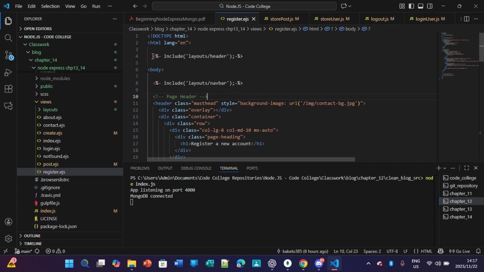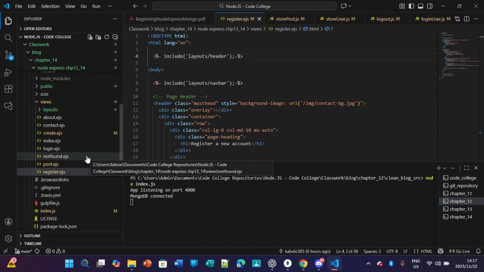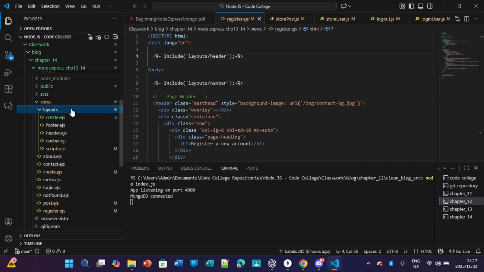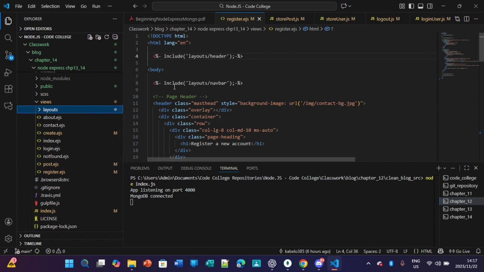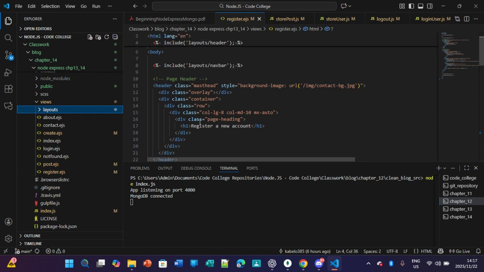Obviously, this has been redacted, so we add a placeholder just to connect it to the rest of the redacted stuff that was once here but has been placed somewhere else, mainly being the layouts path. So layouts header, then include layouts nav bar and page header class masthead, background image URL image contact bg background.jpg, then div class overlay, then div class container, div class row, and so on, then register a new account,